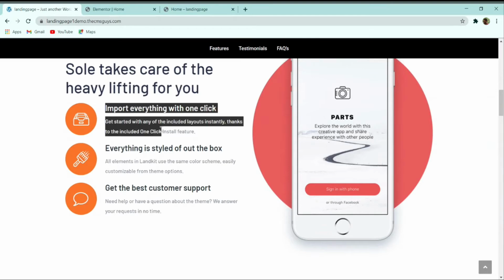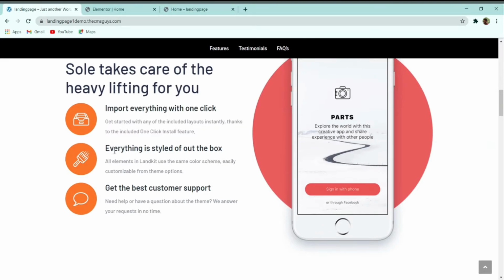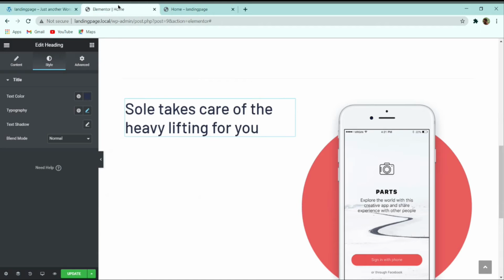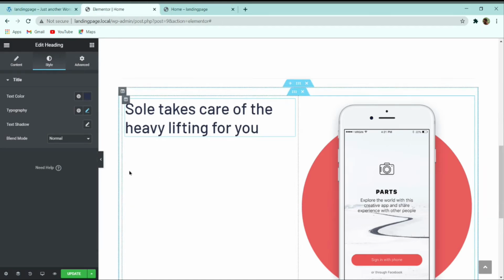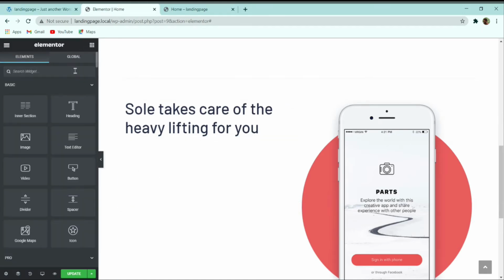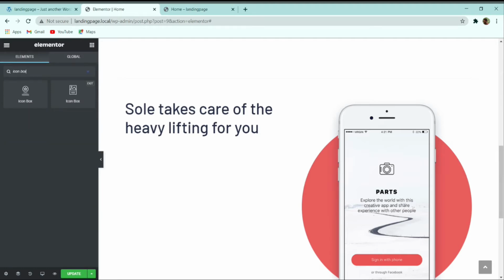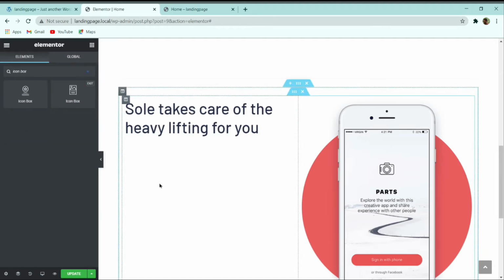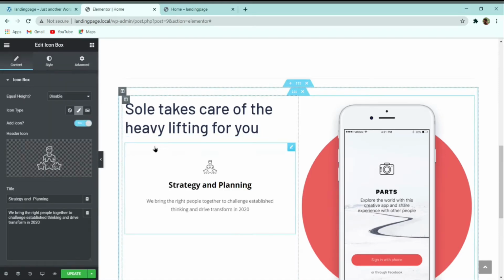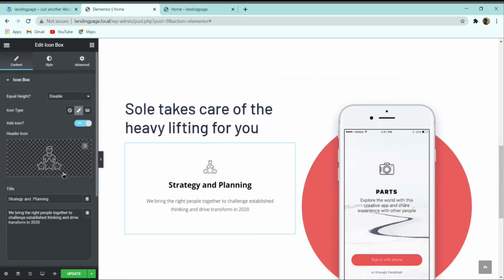After that we have to create this icon box, three icon boxes present over here. So now let's start creating the icon box. To add icon box, again we will select this nine dot, and here I will search for icon box, and here you can see that there are two options. So I am using here icon box by Element Kit. Simply drag this icon box by Element Kit to the left hand side, and then here header icon.